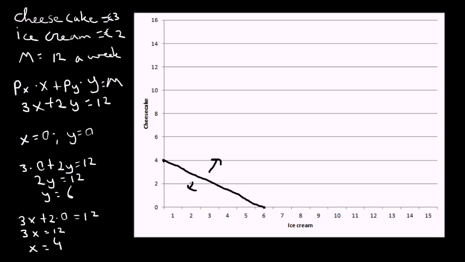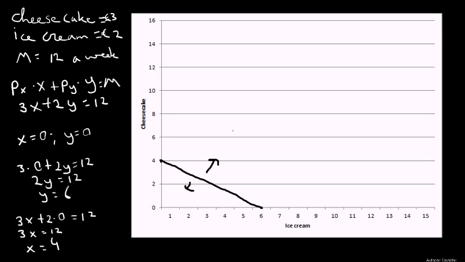You could buy, for example, 2 ice cream and 3 cheesecake, and then you'll have more cheesecake, which is generally assumed to be better. So we try to always find a bundle on this line because it's the most efficient bundle that we can find. So now that we've seen this as an example about graphing the budget constraint, we will now look at what